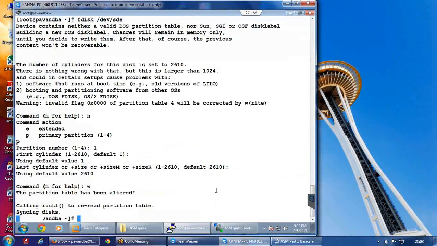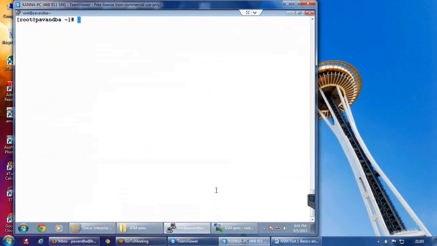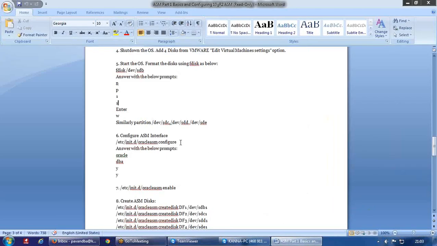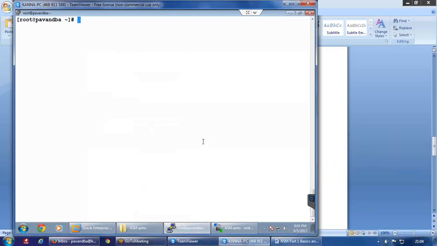And now whatever the 4 disks that we have added, we are going to configure that with ASM. I mean to say whatever the ASM libraries that we have installed as the first step, those ASM software should be able to recognize these 4 disks. So for that we are going to execute one command here. So that is /etc/init.d/oracleasm configure,